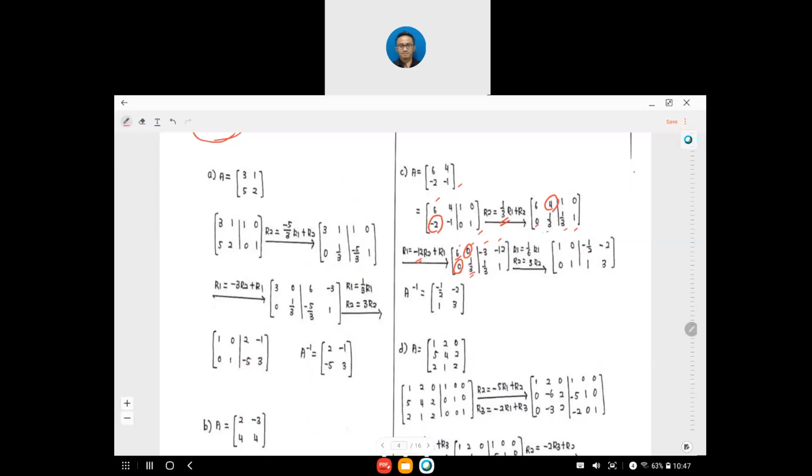So since 6 becomes 1, you times by 1 over 2. And 1 over 3 becomes 1, you times by 3. And then you can get negative 1 over 2, negative 2, and then 1 and 3. Okay? So your matrix inverse is negative 1 over 2, negative 2, 1, and 3. That one for C. For D,